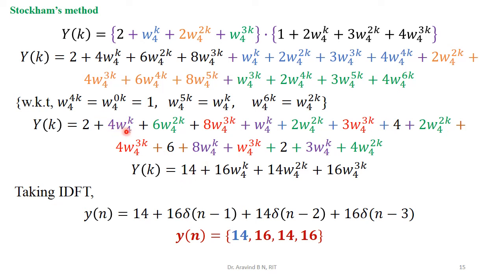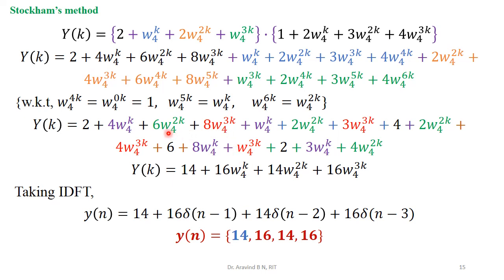Similarly, identify omega 4 power k. So common power of the Twiddle factor, that means k, this is the Twiddle factor 1 into k. So omega 4 power k, where all omega 4 power k is present, identify all of them. So here it is 1. You can just identify them with respect to the color combination over here. So this is 1, then this is 1 more, and here is 1 more, and here is 1 more. Add the corresponding coefficient values, in the sense 4 plus 1 plus 8 plus 3 you make. So 16 omega 4 power k we are going to have.